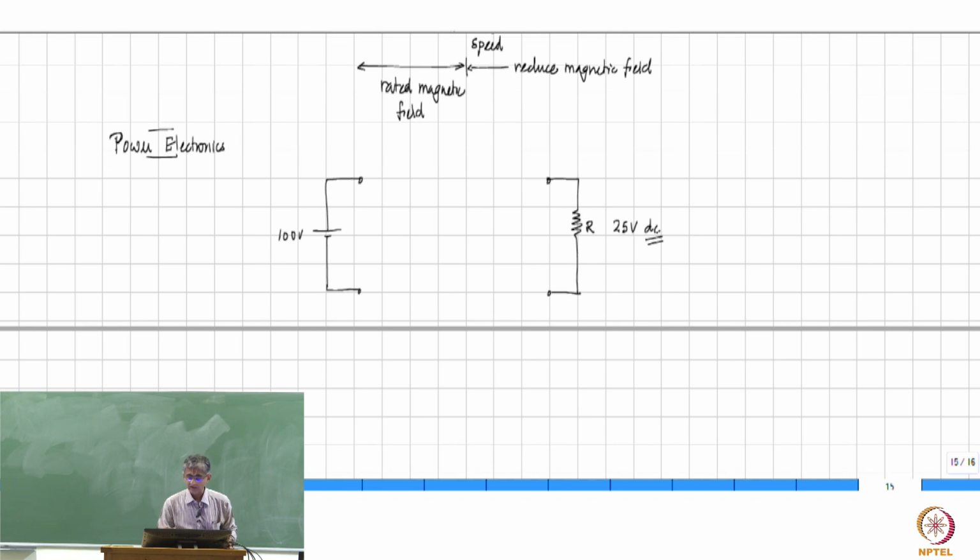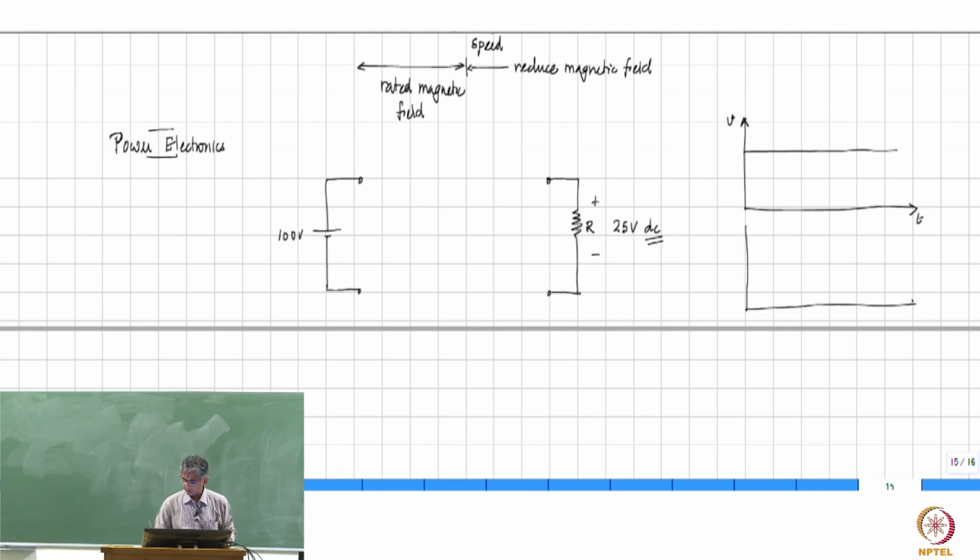What do you mean by DC? Okay. So let's say you take the voltage across this, and let us say I draw a graph of this with respect to time, and this is the voltage, and this voltage waveform looks like this. So is this DC? Yes, it is DC. No questions about it. It is obviously DC because there is no change in the voltage.